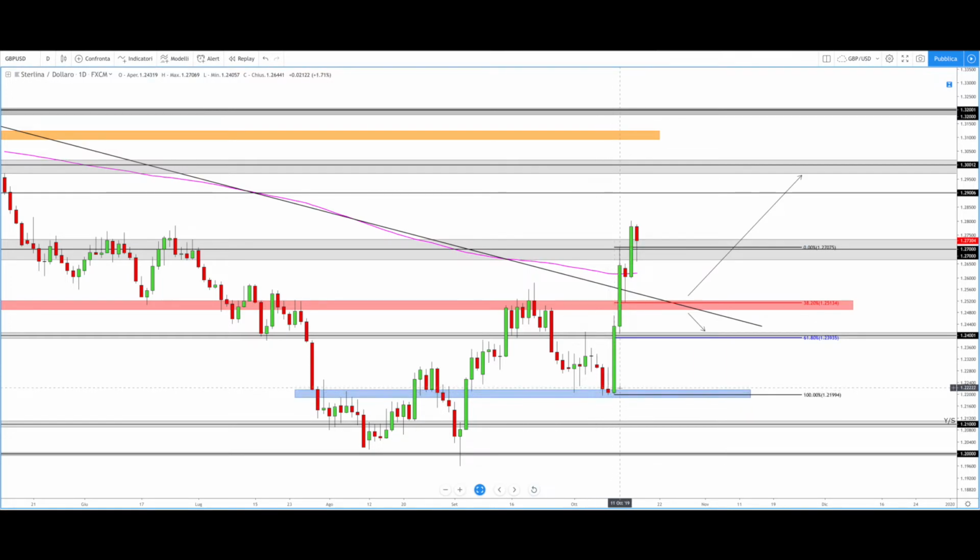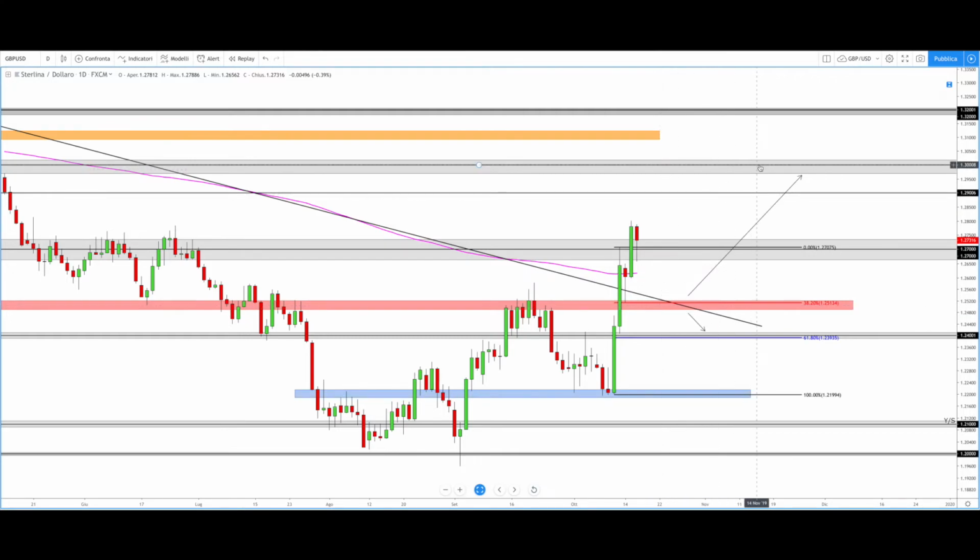From this point, and also pushed by the news on the Brexit deal, the price last week started this strong bullish movement here that brought it to touch 1.27 and close just above this 200 period MA and this bearish trend line. This obviously, guys, was a massive bullish signal for this pair, because after this 500 pips movement in only 2 days, the bullish pressure was very high,